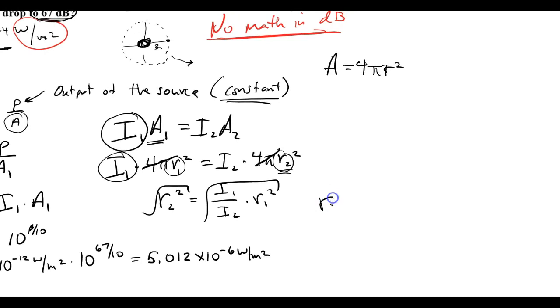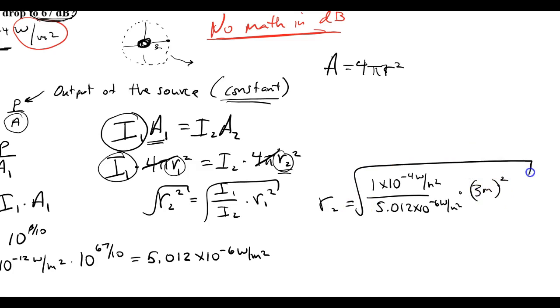And so R2 is equal to the square root of my initial intensity, which is 1 times 10 to the negative 4th watts per meter squared, divided by my new intensity of 5.012 times 10 to the negative 6 watts per meter squared, all times my original distance, which was 3 meters, squared. When I plug all that in and square root that, I should get an answer of 13.4